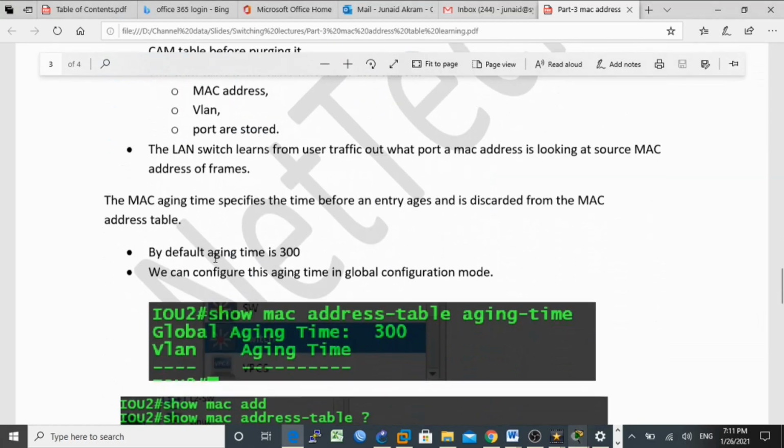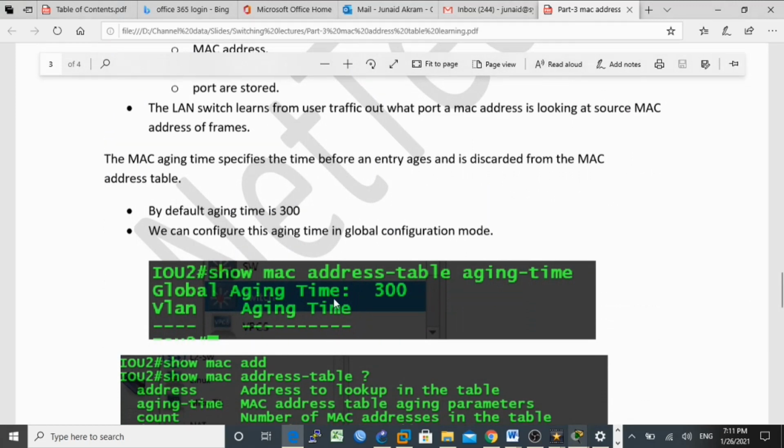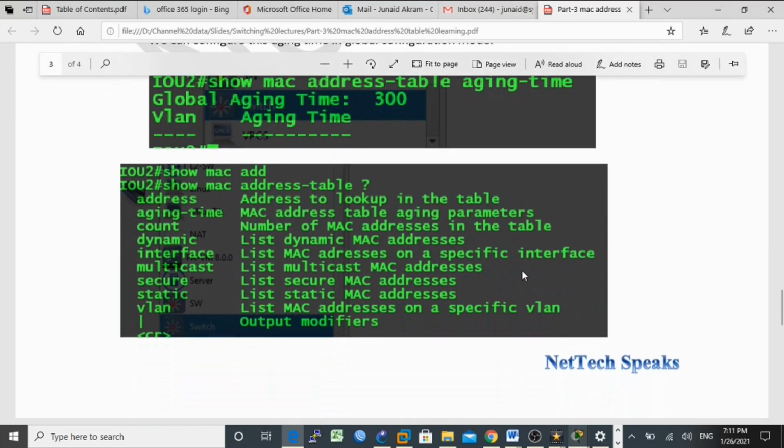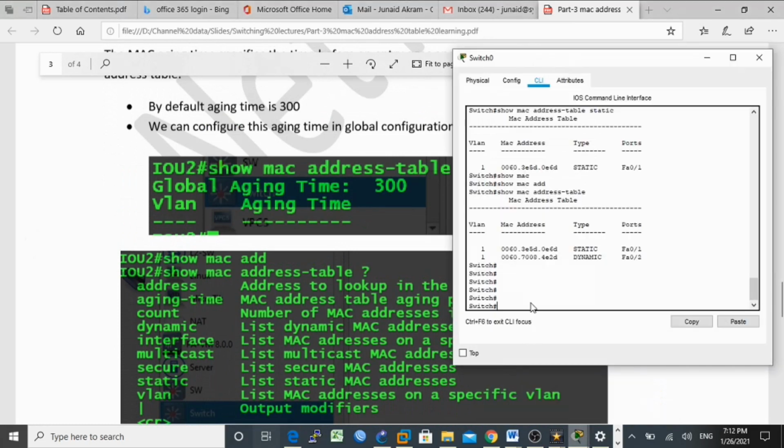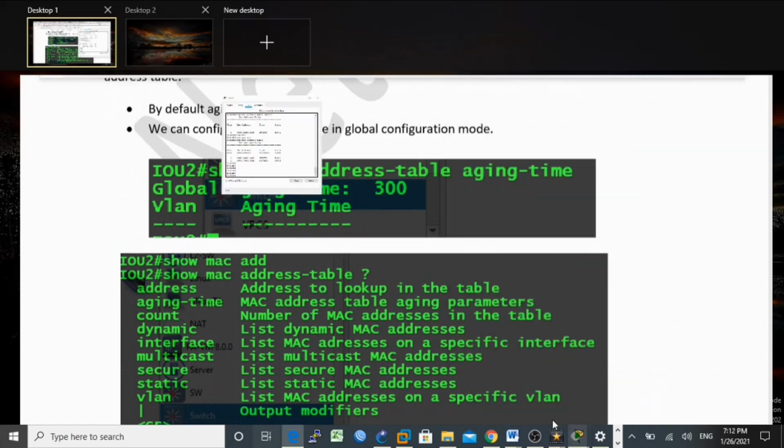So by default the time is 300 seconds. You can use the command show mac address-table aging-time for showing the aging time.